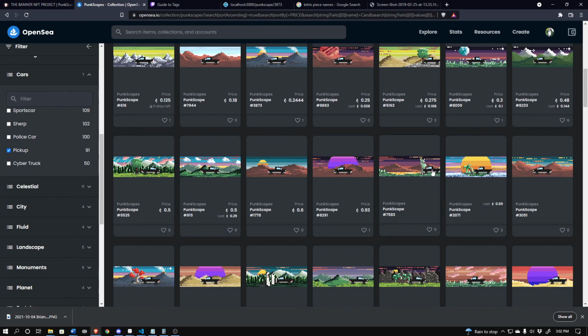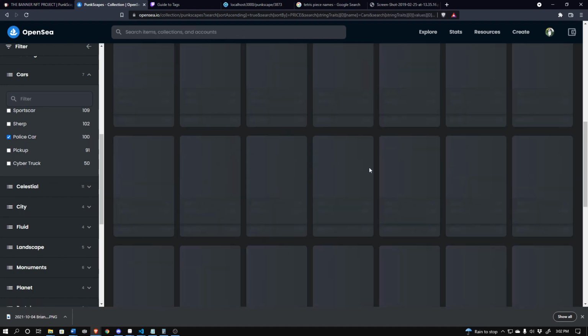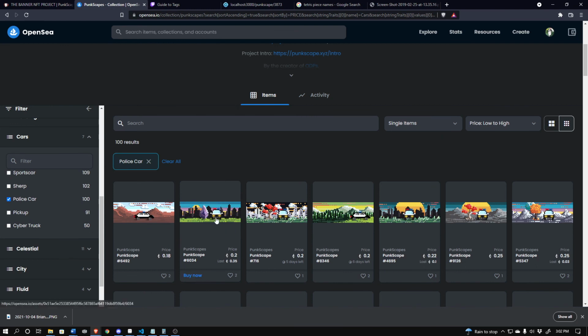So that's not in the metadata, I guess is the point I'm making. This is not inherently in the metadata. We call these variations. There are variations of each PunkScape. You can see it much more starkly if I look at the police car, for example, because some cop cars point forward, some cop cars point sideways. Let's say that we look at 6492,